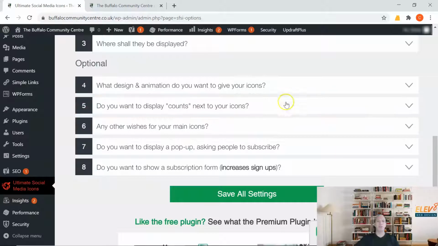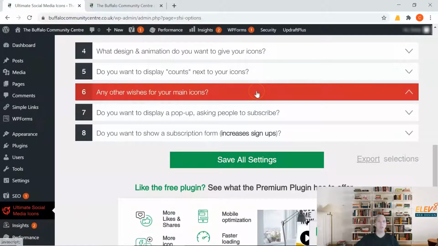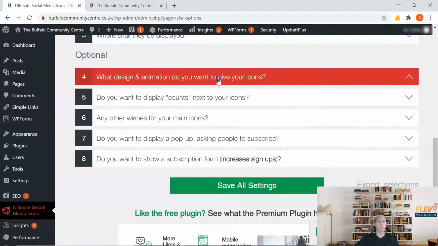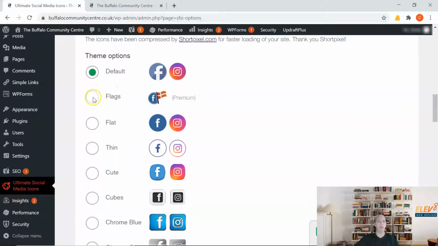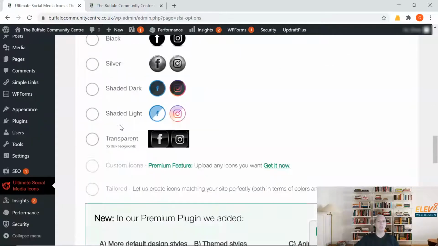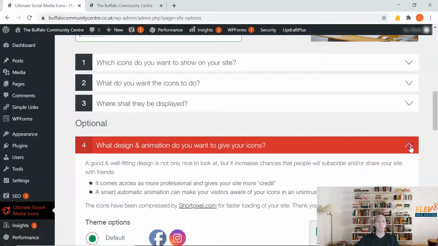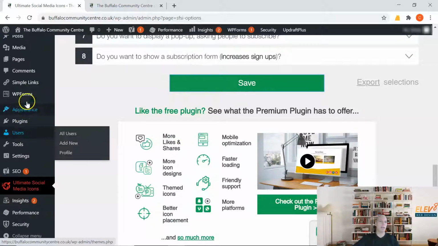If we go down further, you've got lots of other things. You can change the sizes of the icons and how many pixels in between, and you can also change how it looks. This is your animation here. It's number 4. You can change this to whatever you would like. Flat, thin, default. You've got lots of choices on how you want your social media images to look. After you've done all that, make sure you save all your settings,